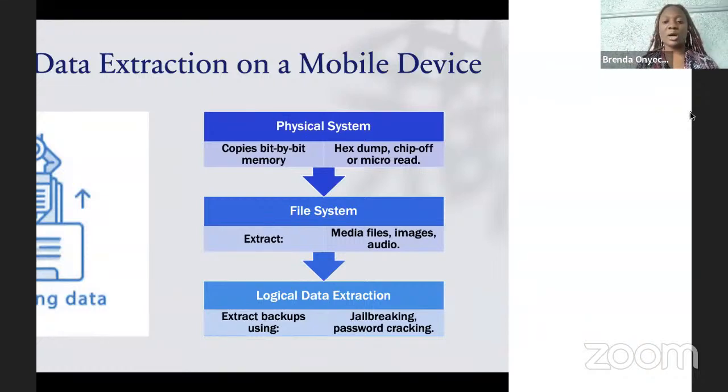And we also have the logical data extraction, where we extract files from backups using jailbreaking or password cracking. We also have the iOS file system, which comes in two variations, HFSX and HFX. Then there are the partitions. The system partition contains files and configurations that allow the phone to work and come up. Then we have the data partition, which extracts artifacts directly, from voice notes and stored